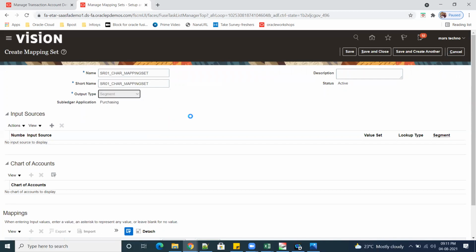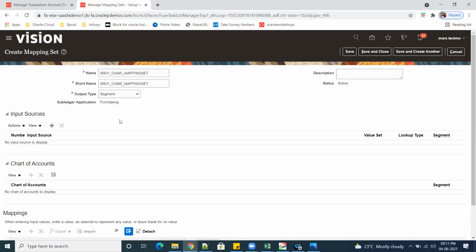I want to bring only a segment of the COA. You can write this mapping set on the accounting combination. The accounting combination is nothing but the individual segments; under the COA we have 4 segments, and they call these 4 segments the accounting combination. Now I'm taking only a segment.